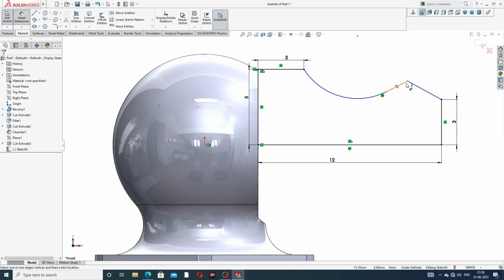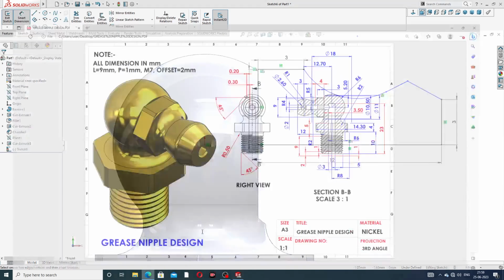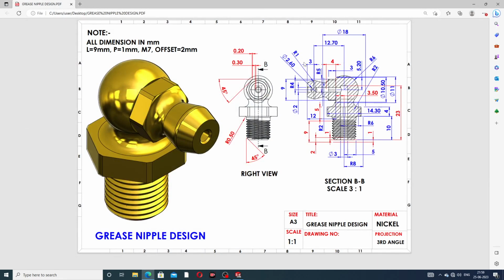Okay, and because this line is perfect, this distance is 3 millimeter and also this is 3 millimeter. This distance is 3 millimeter and also 3 millimeter, and this distance is 5 millimeter. Okay, and this is 4 millimeter. Correct,